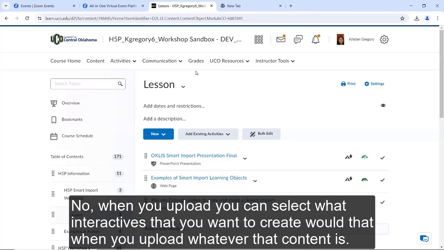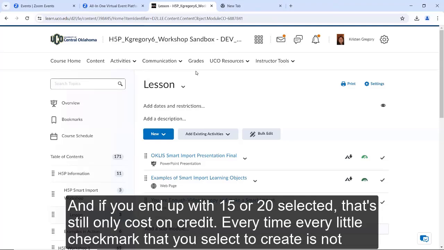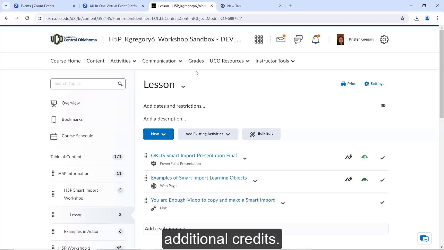No. When you upload, you can select what interactives you want to create with that content. If you end up with 15 or 20 selected, that still only costs 1 credit. Every little check mark that you select to create is not additional credits.